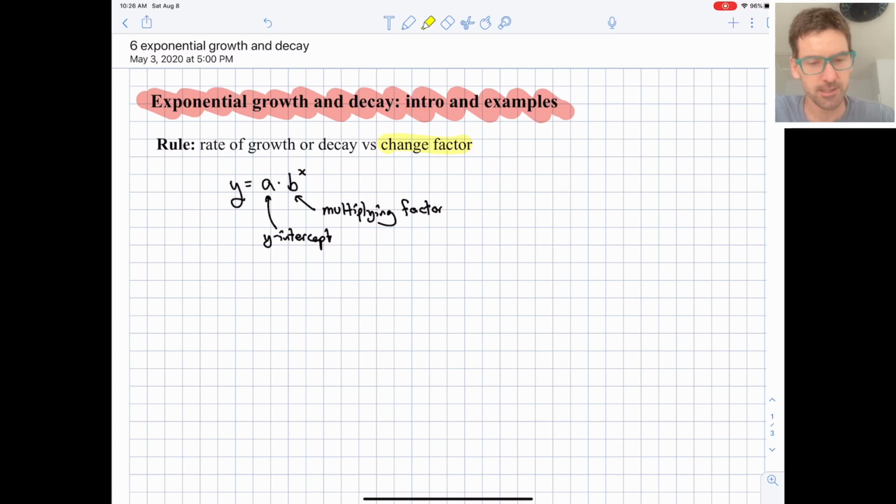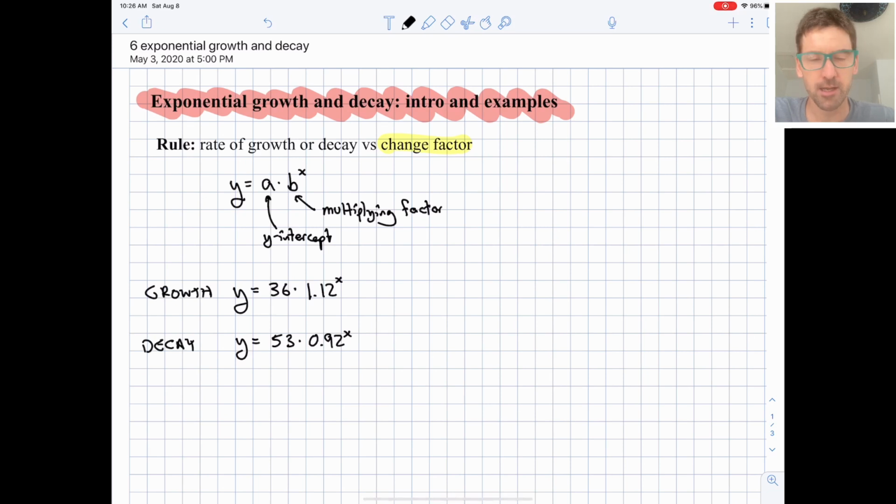So let's contrast these two equations. And I'm just going to put in some random arbitrary numbers. Okay. So for the first one, this is growth, and the second one is decay, and maybe you can see why. It has to do with the base being larger or less than 1. So if the base is larger than 1, we have growth, and if the base is less than 1, we have decay. If the base is equal to 1,